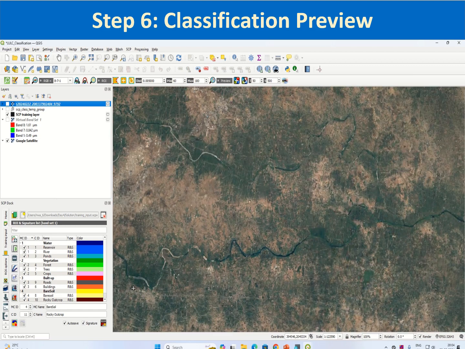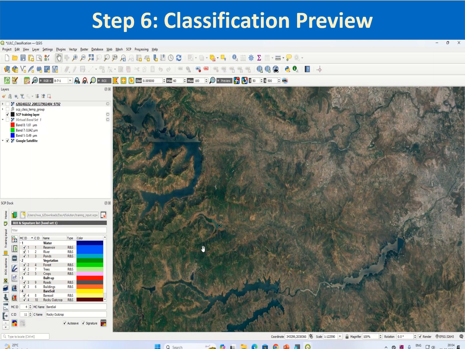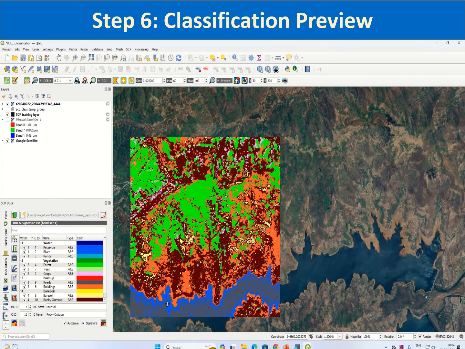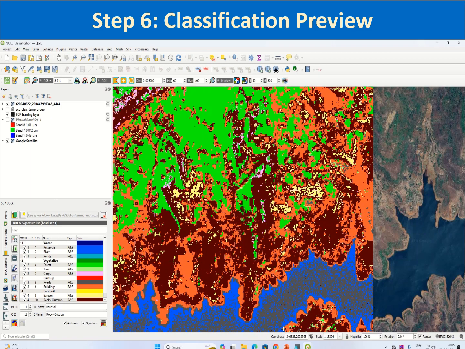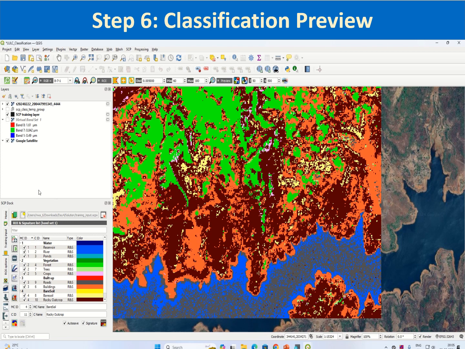So let me go to the region where you have the actual rocky outcrops. Now if I generate the classification preview here, let us see. So this is your water body. Somehow in the water body you got another class, maybe it is a shade of blue, I don't know. So here you have the thick forests,